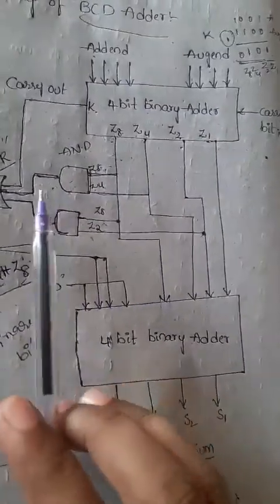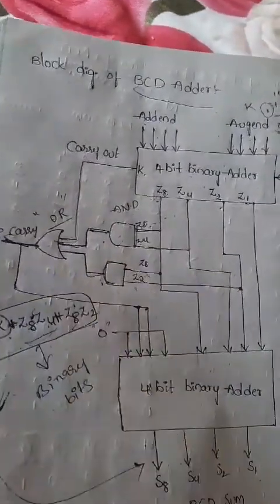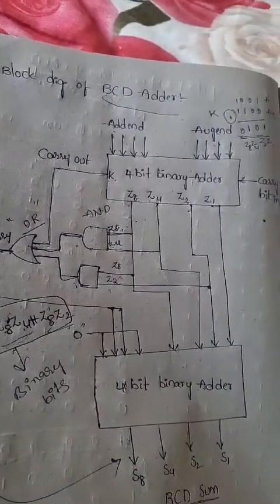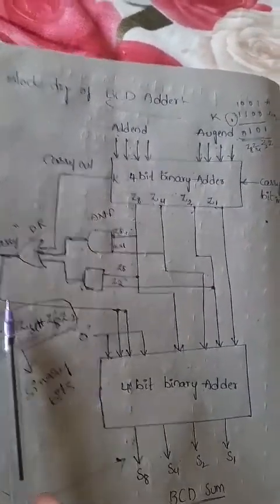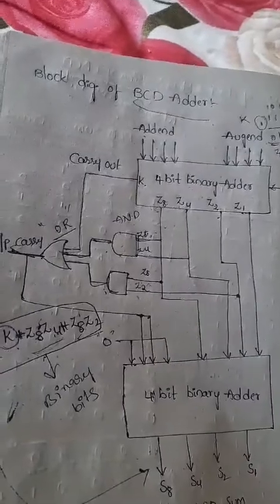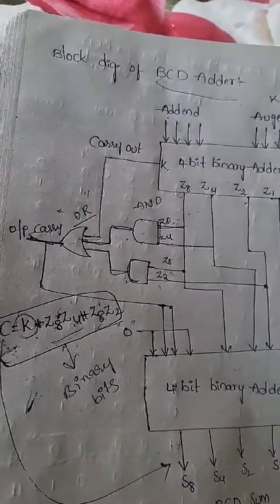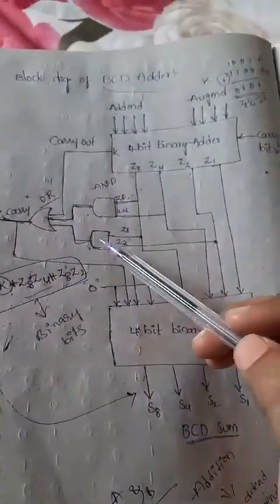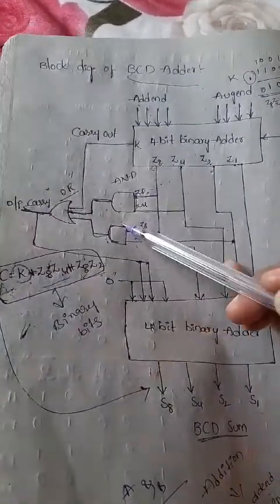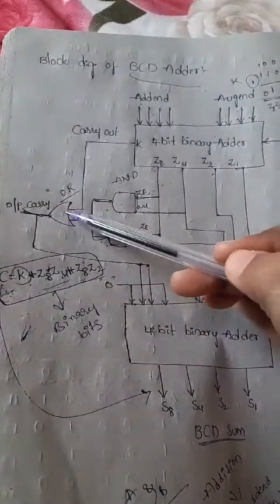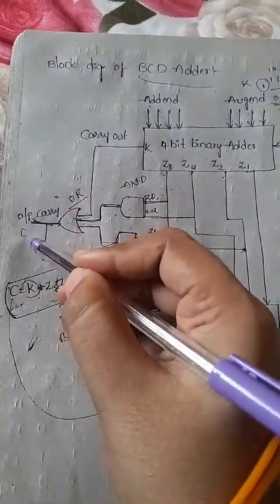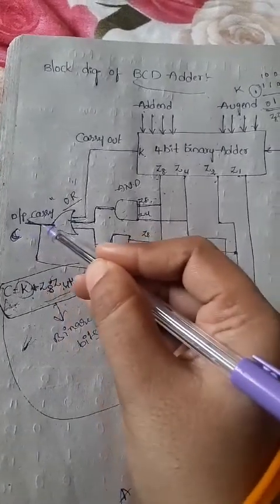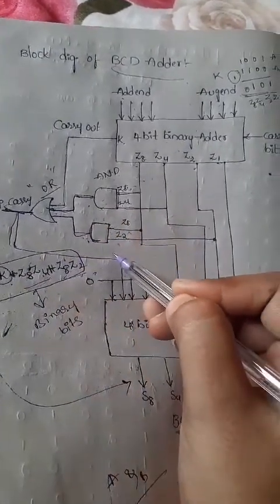Next, Z8 and Z2 is multiplied with the next AND gate and then it is passed through the OR gate only. Finally, once they are added, we will get the result C. Then this value of C is passed through the next 4 bits. By adding these 3 results with the help of the OR gate, we automatically get the result C.